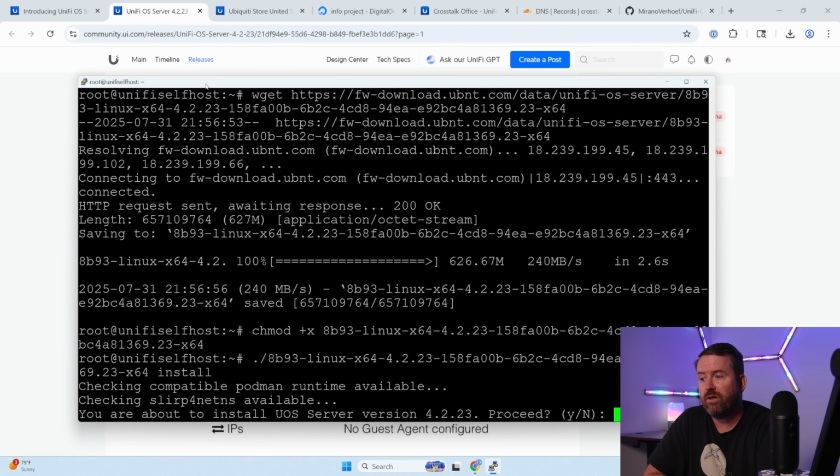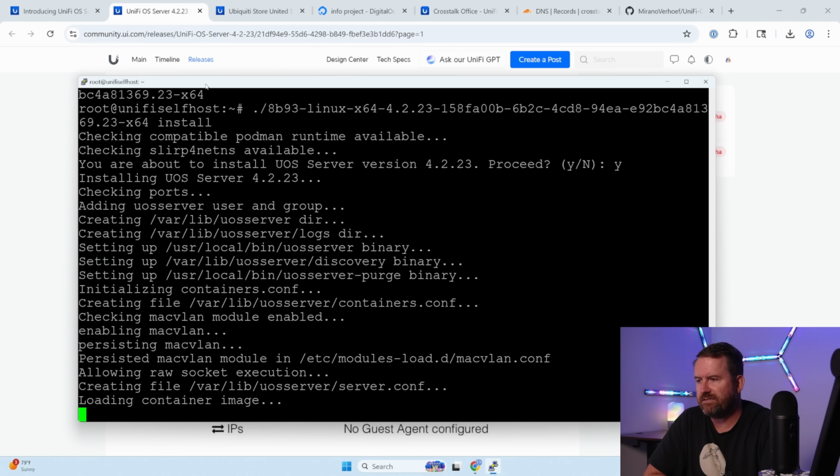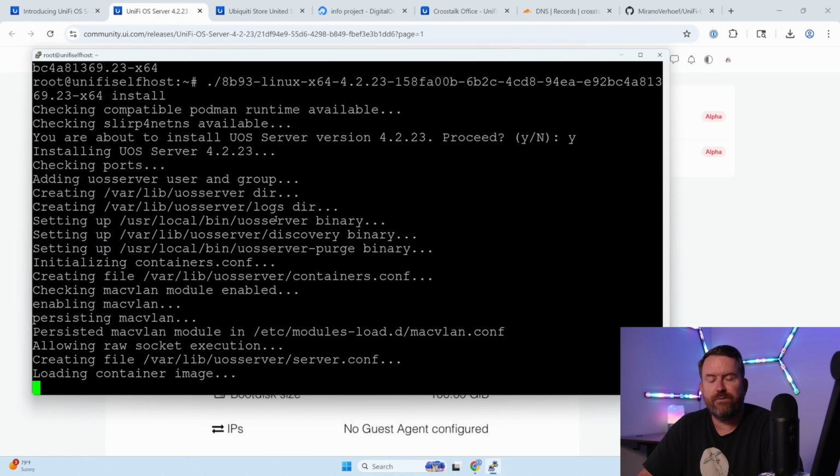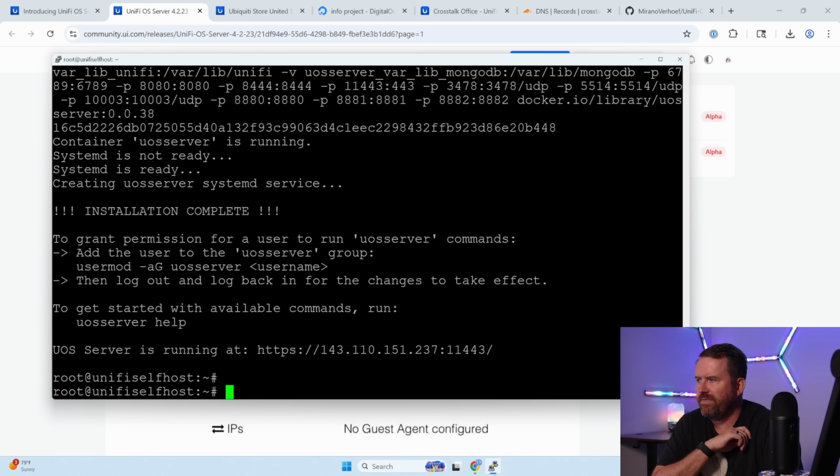You are about to install UOS Server version 4.2.23. Proceed, yes. And now it is installing UniFi OS Server into that Podman container. Okay, there we go. Installation complete. That took about 30 seconds or so, so just be patient. And now we can see UOS server is running at https my IP address